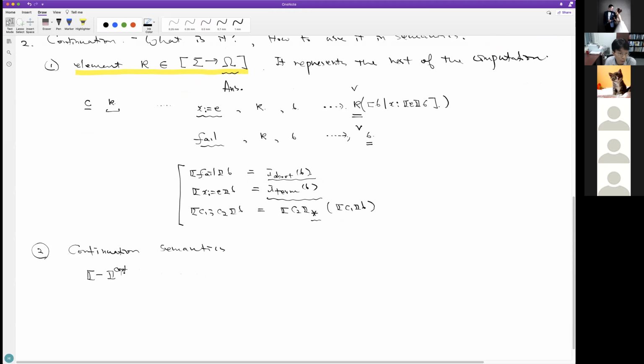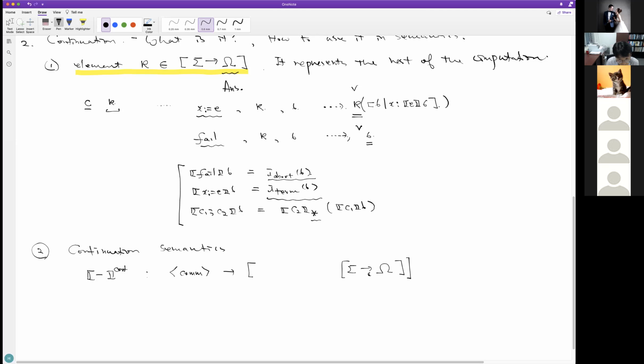For expressions and Boolean expressions, the semantics is exactly the same as before. It only changes for the interpretation of a command. For a command, we have a map. Beforehand, the semantics took the current state and returned omega.